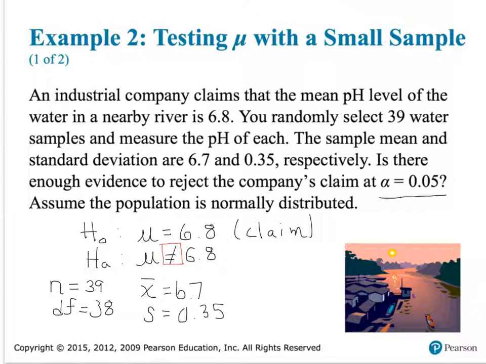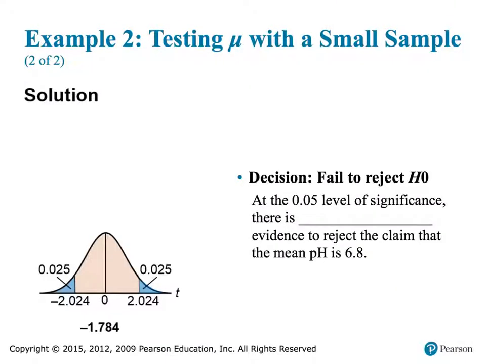So we've identified that sigma is not known. Therefore, we're in the t-distribution. We've got our degrees of freedom. We've stated our null and alternative. We're ready to go to our table and find our critical value. So I need to find my row in my table, 5, that says 2 tails alpha with our level of significance equal to 0.05, and then go down to 38 degrees of freedom. And you should get a critical value of